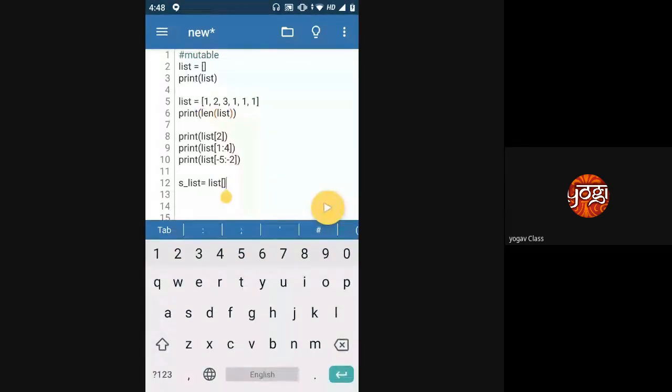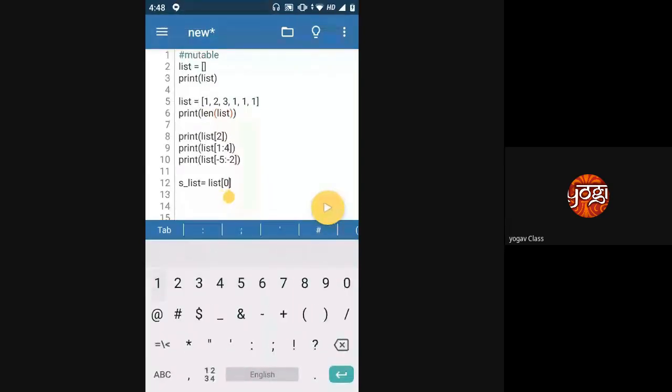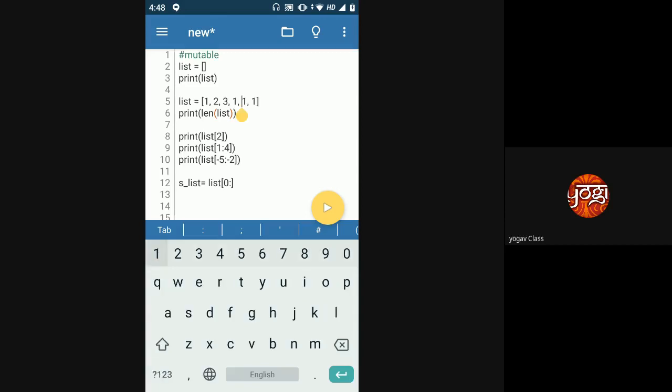And what should be the ending index? 4. Yeah, right. We are talking about the fourth element here, so check the index of the fourth element. The index of the fourth element is 3. So while mentioning the ending index, I will write 3 plus 1, 4.